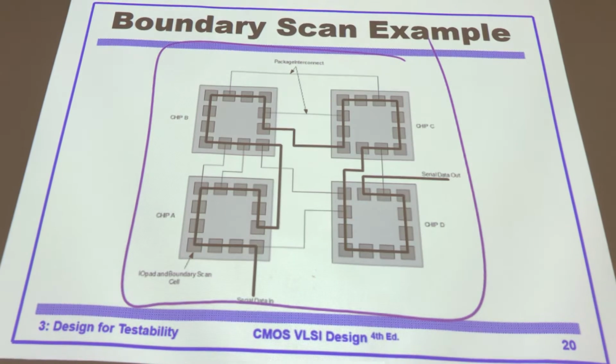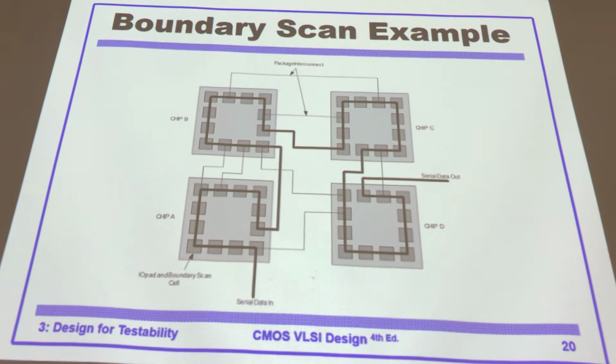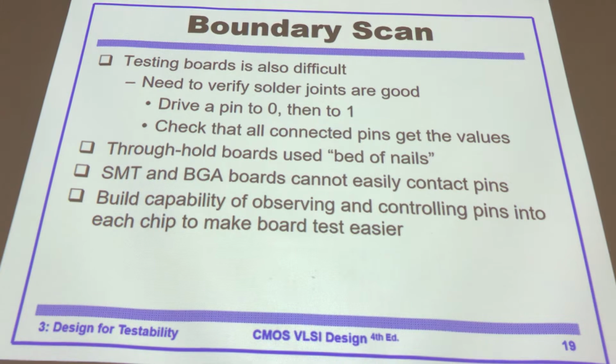So it's similar to testing the inside of the chip. We also need to test the boundary. Make sure that these are all correctly connected. The solder joint is fine, it's correct. Make sure that it's not broken or it's not stuck at 1 or stuck at 0. So how do you do that? We try to drive a pin to 0 and then to 1 to see whether or not you're getting the correct result. For example,